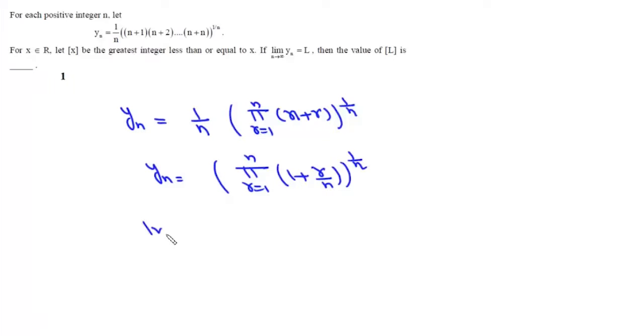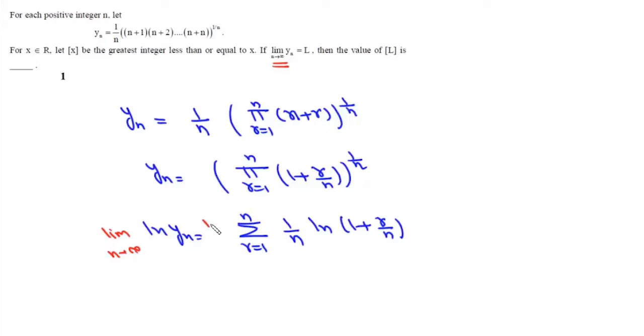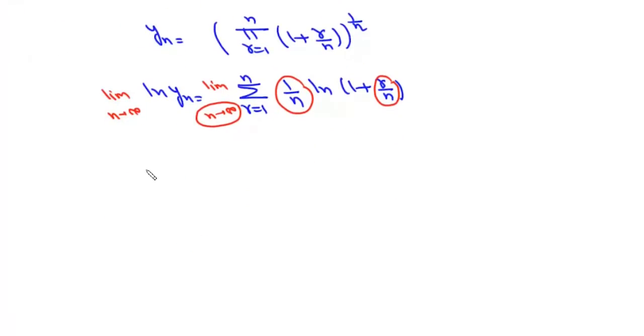Now if we take log both sides, we can write log yn, and it will be this summation, because product will convert into sum. Summation r varies from 1 to n, and it will be 1 by n log(1 plus r by n). Now we need to find this limit n tends to infinite. So we'll take this limit n tends to infinite. That satisfies all the three conditions for the limit of a sum. It is n tends to infinite. We have 1 by n, and then we also have r by n. So we can actually write this as log yn will be equal to this